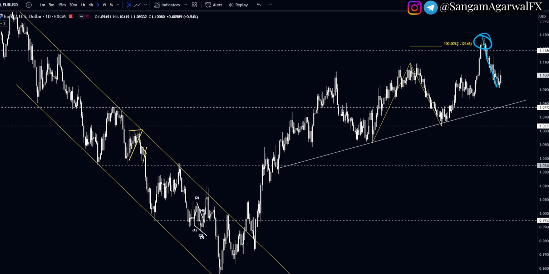EURUSD is coming down as expected, but after NFP the direction has changed and price is still above this trend line. So after the NFP number, watch carefully whether this trend line retests or not, because your horizontal resistance and this trend line are both at the same place. So if the trend line retests, you can buy on H1, but if the trend line breaks, then it can go back to 3488 level, which depends on CPI.